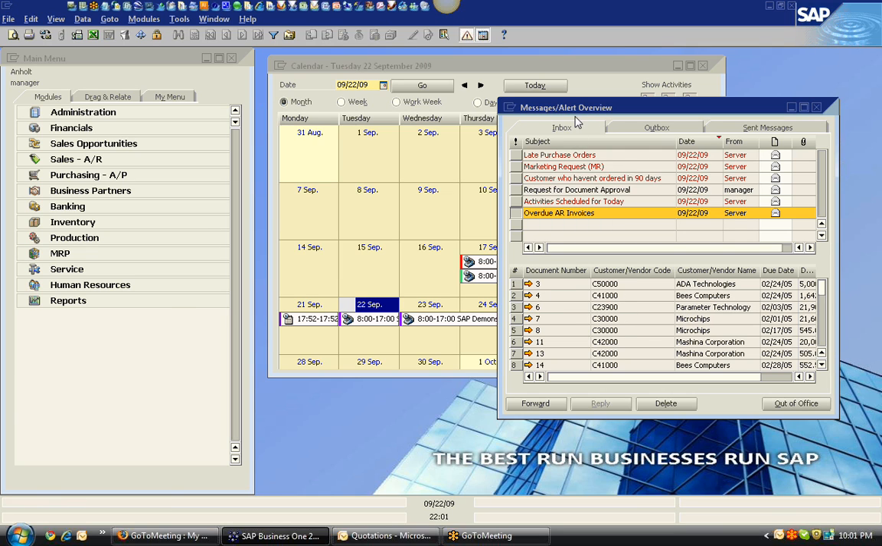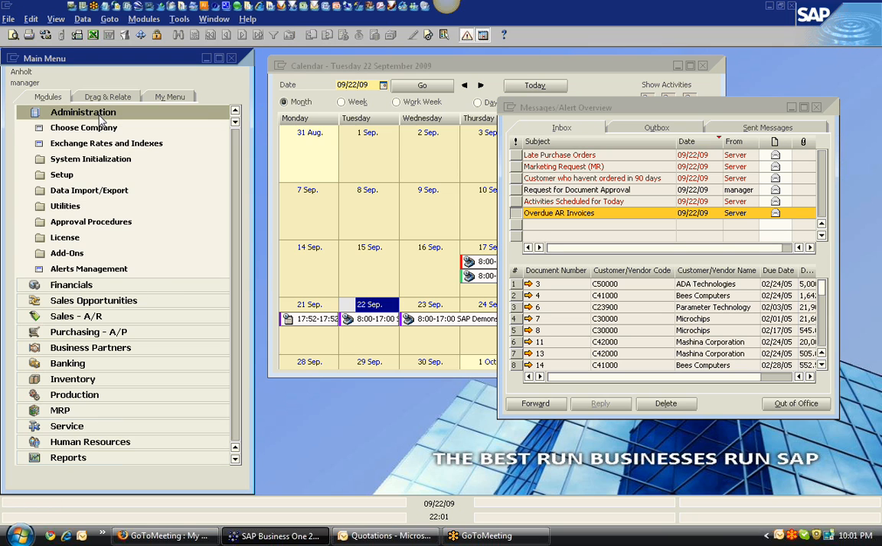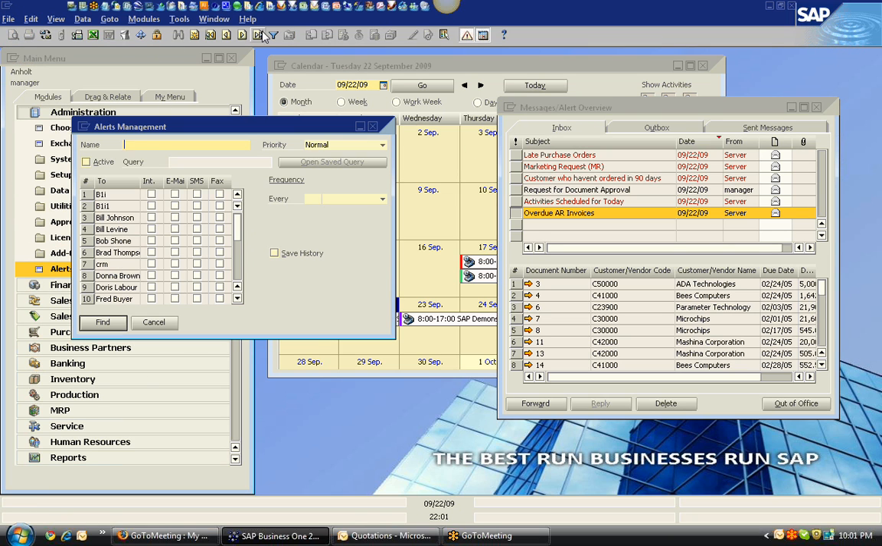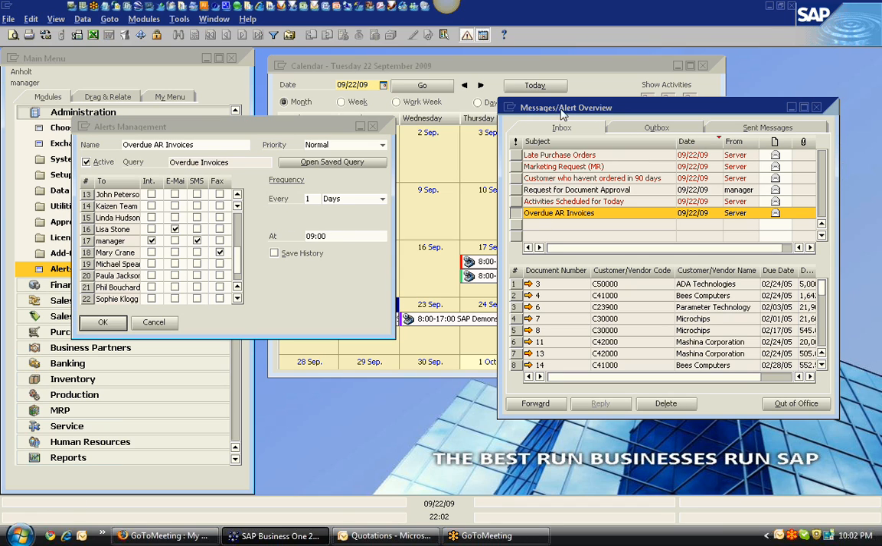details. What makes up these alerts is in the administration menu under a section called Alerts Management. And we'll just take a look at a couple of these. Here's an example. Let's look at the overdue AR invoices. Now the nice thing about the alerts is that it can send an internal message, but I may not always be at my desk. My user ID is manager, but I may also want a text message on my cell